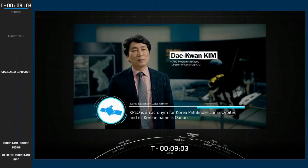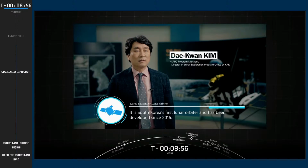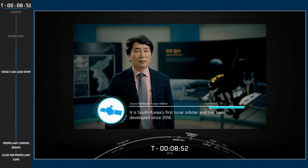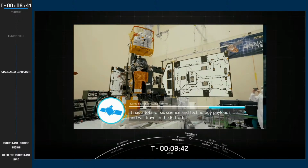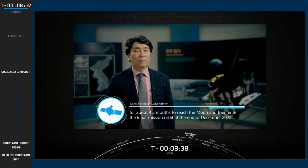KPLO is an acronym for Korea Pathfinder Lunar Orbiter, and its Korean name is Danuri. It is South Korea's first lunar orbiter and has been developed since 2016. It will be launched in early August 2022. It has a total of 6 science and technology payloads and will travel in BLT orbit for about 4.5 months to reach the moon, and then enter the lunar mission orbit at the end of December